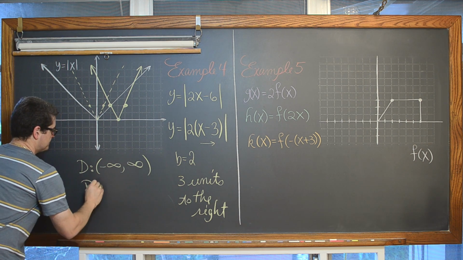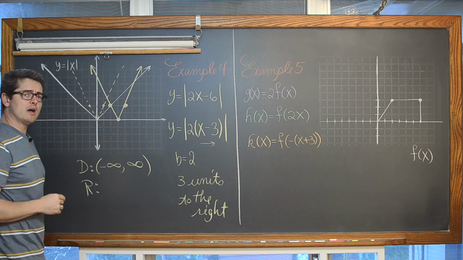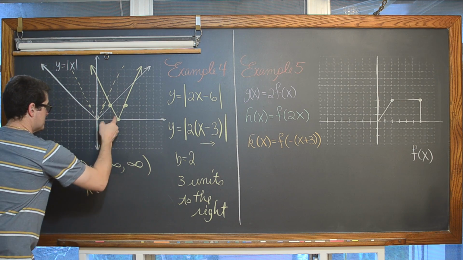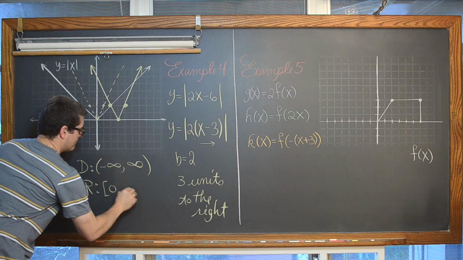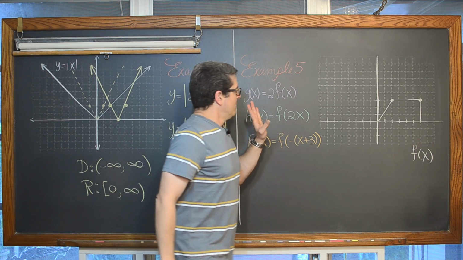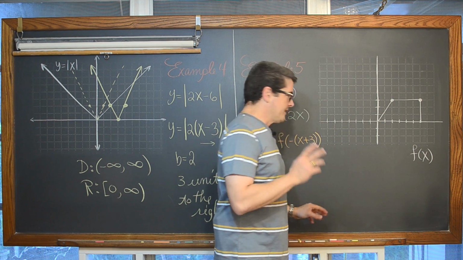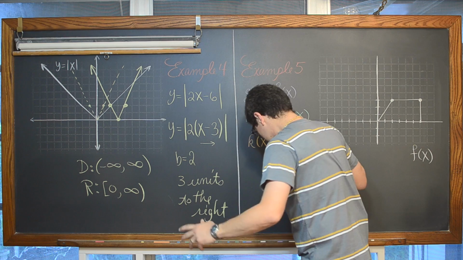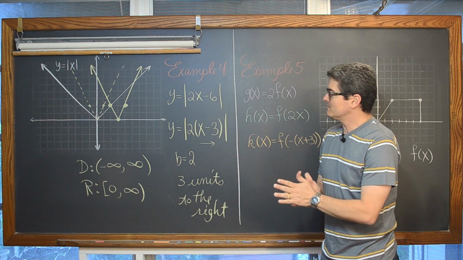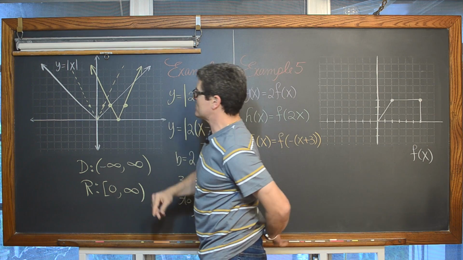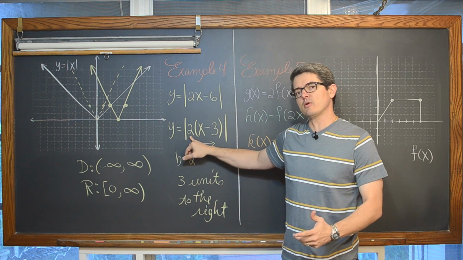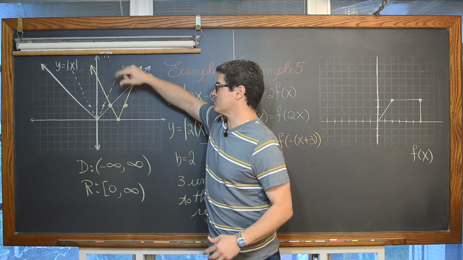And the range, the smallest y value that's included in all of the points that make up this graph is 0. And then we're going to go up from there to infinity and beyond. Now, over here, I'm a little bit bothered by the fact that, especially because these are linear functions, the effects of the horizontal compression really looks like a vertical stretch.